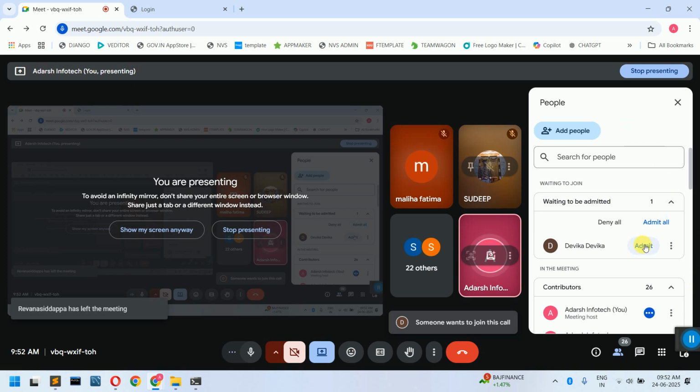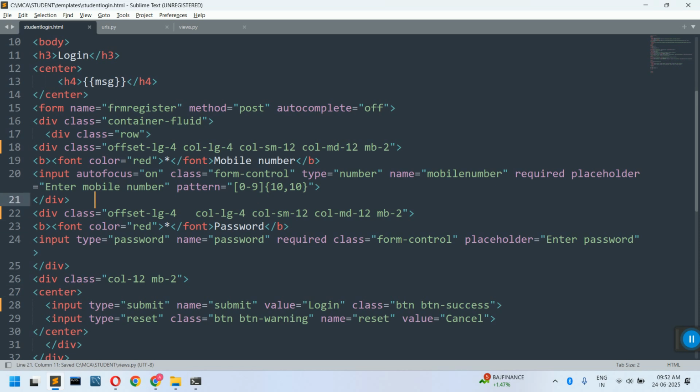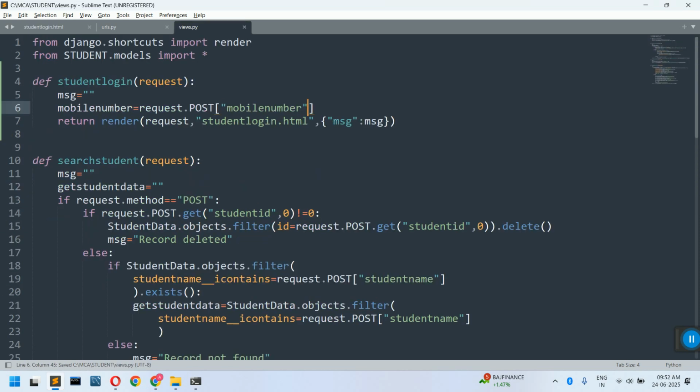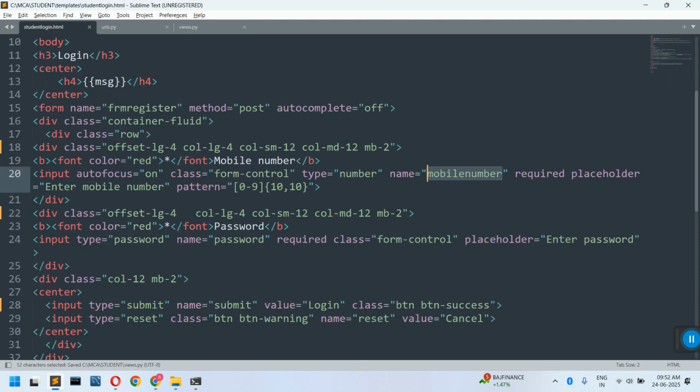So for that, what we do is we have to first fetch the data. I'll call it mobile number is equal to request.POST[], open close. Fetch the name of that particular tag, that is name. Copy paste the name. Next, I have password is equal to the same request.POST[]. Inside this, copy the password